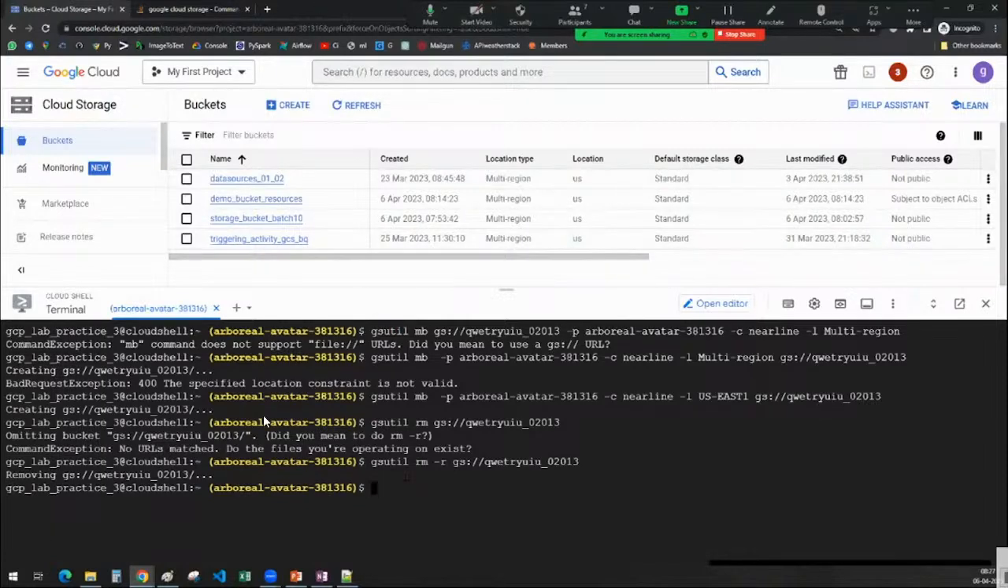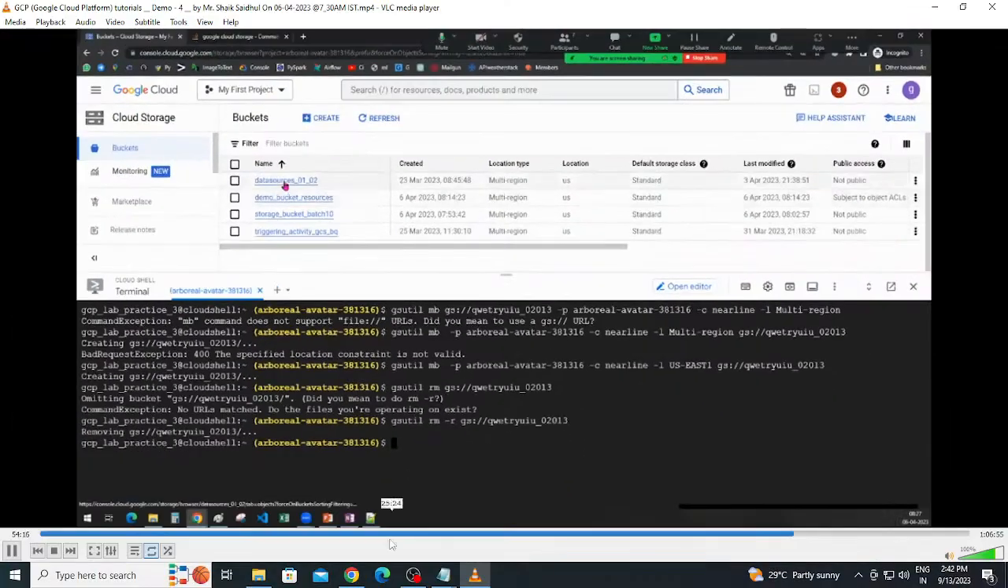No, sir, I don't want to create a bucket and delete a bucket. For example, just now I have created